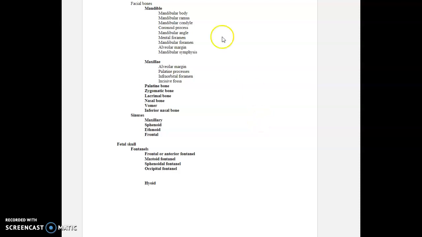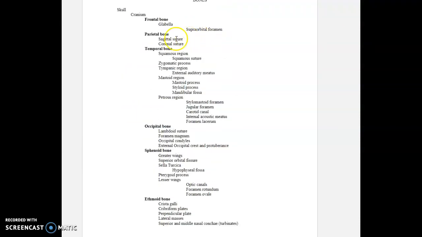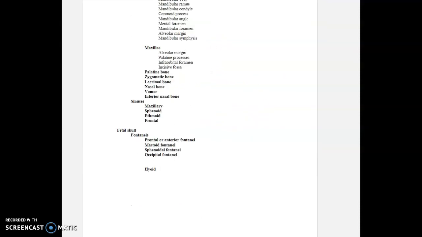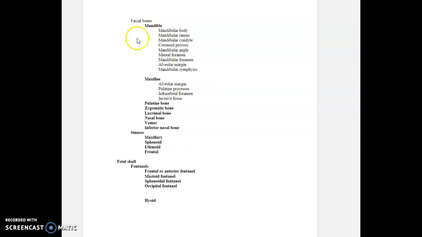Continuing with our structure list, and again, now going over facial bones, just the bone. Then we'll go back and we'll actually fill in the little parts of each bone. That'll be a lot of fun. Okay, so our facial bones here, we talked about the mandible, the maxilla, talked about the palatine bone, that L-shaped